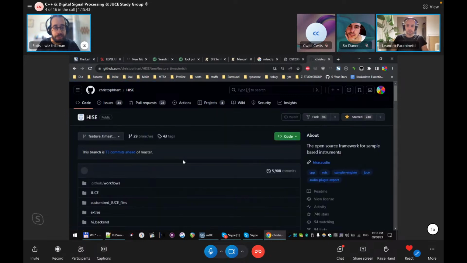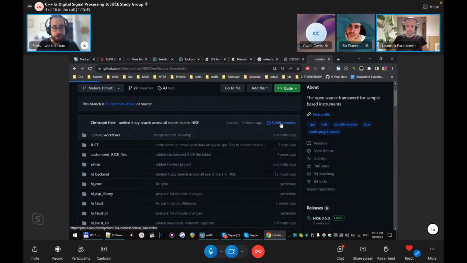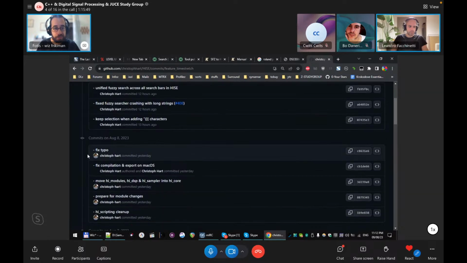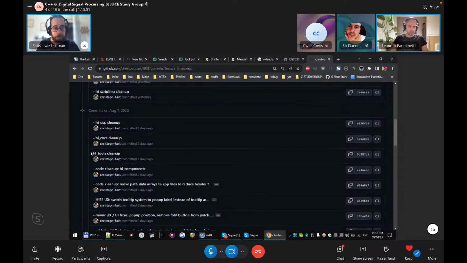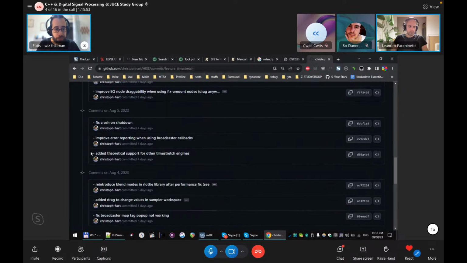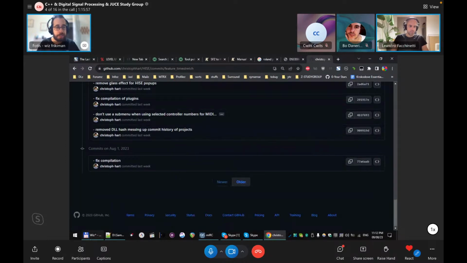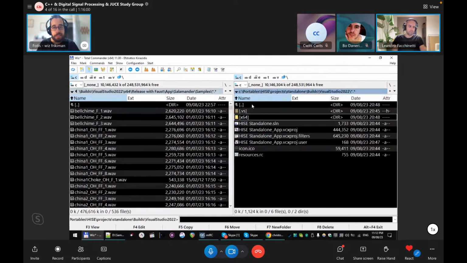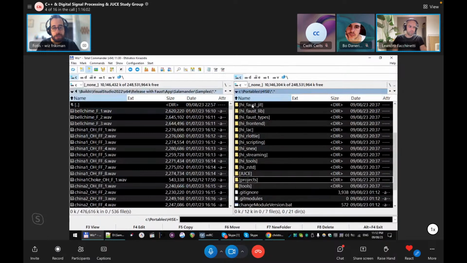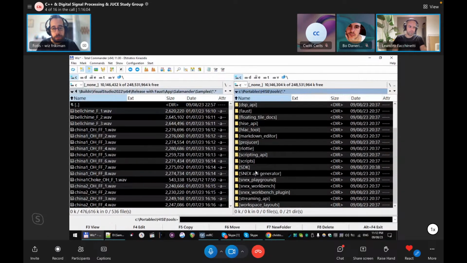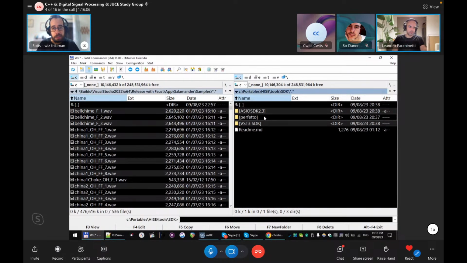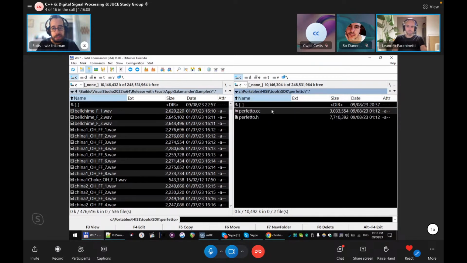And I've built it. It's gonna have fuzzy search, which is cool. It's almost complete from what I can say. I'm going to test it later, but the interesting thing I found in the latest repository is that in the tools, there is a new SDK called Perfetto. And when I